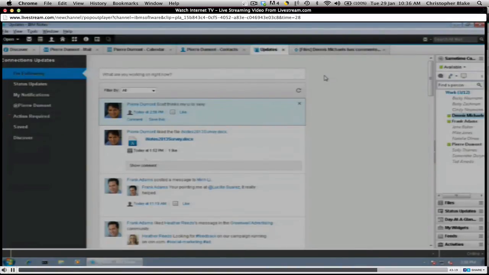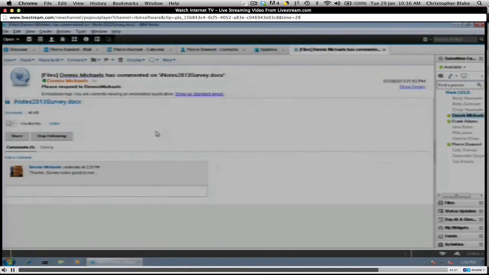And I personally haven't made the leap completely into living in my update stream. I prefer to use updates in my email flow to stay in touch with what's happening, because that's the thing I'm looking at most of the time. I've now opened this email that has the same embedded experience running inside the email. So this is live content. This has taken what otherwise would be a fairly non-actionable email,